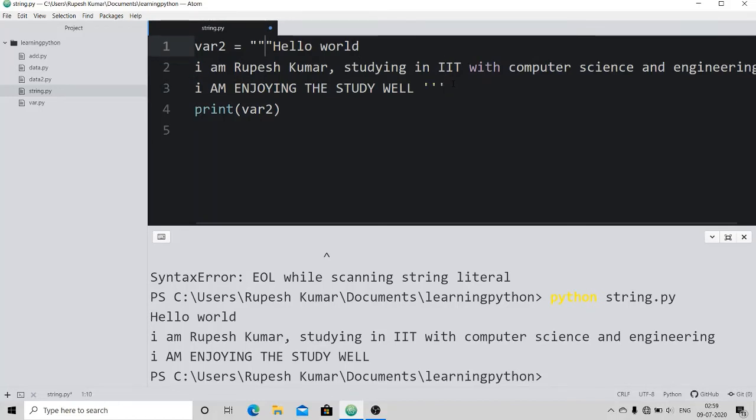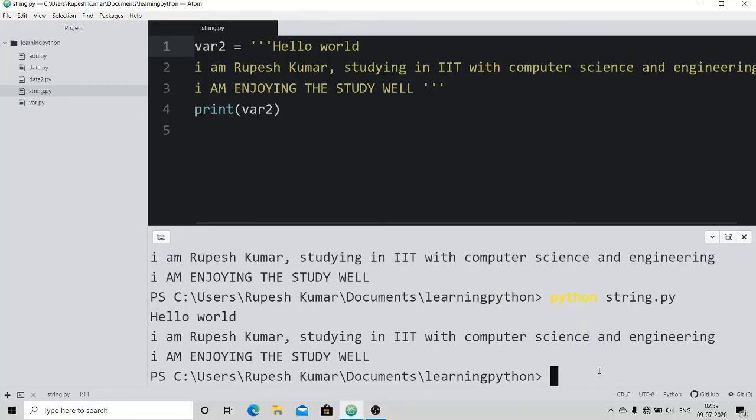Let's save this code and run it again, and you can see that the output is the same. So this is the syntax to assign multi-line strings to a variable, and this is an extraordinary property of Python 3, that you can assign a multi-line string to a variable, which is not the case in C and C++.